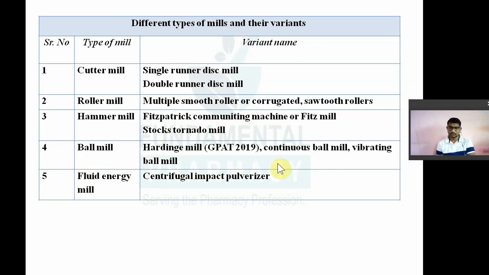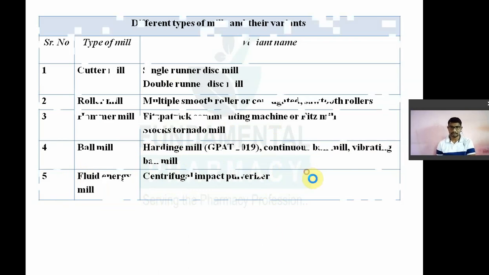Again, ball mill also has different variants like continuous ball mill, vibrating ball mill, fluid energy mill. The variant for fluid energy mill is centrifugal impact pulverizer. So remember these variants. These are very important. It is given in the book also. Next one is a